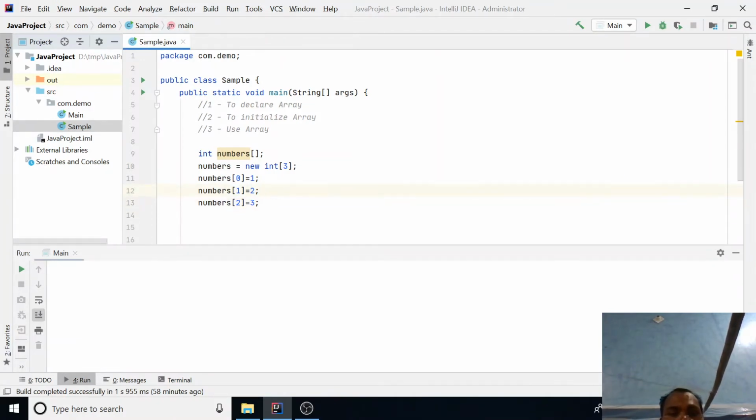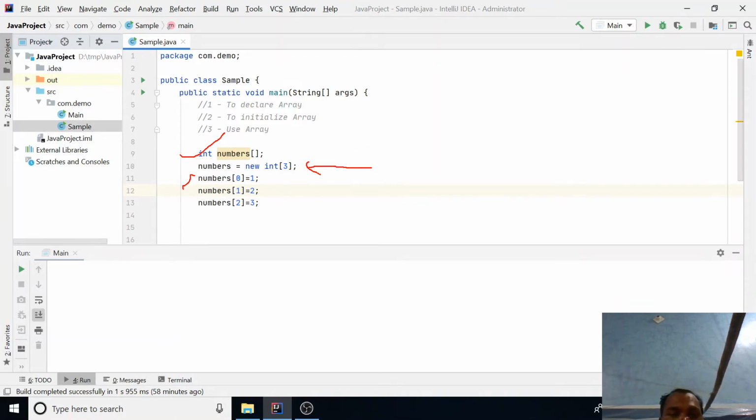Okay, in the first line we just declare the array name. In the second, we say we want to declare an integer array of size 3.